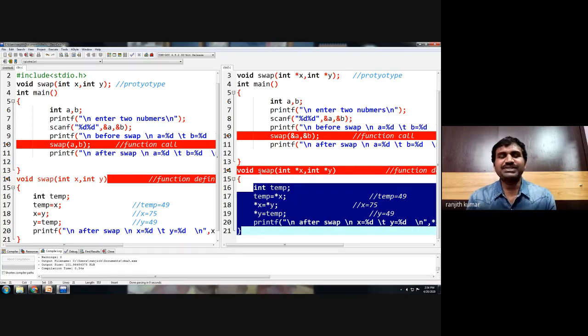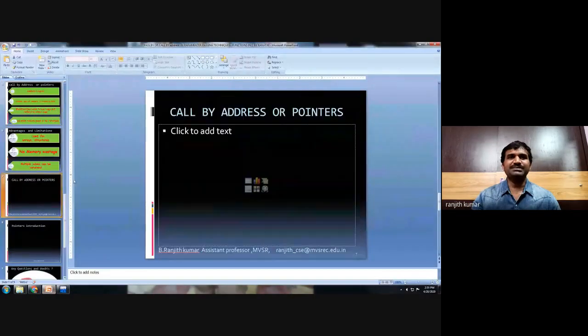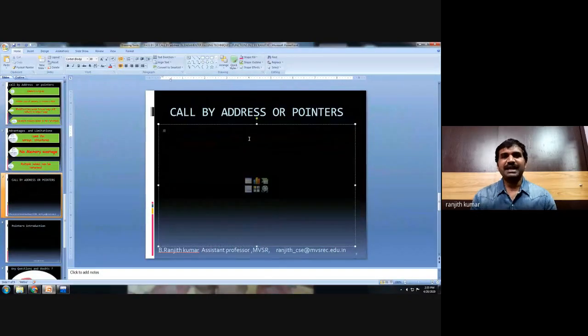So the advantage of call by address is multiple values can be returned and there is no memory wastage. But in this small program, there is not much difference between the memory saving and solution. Whereas this technique is more suitable to passing arrays, passing structure. Before going to how to pass array as a parameter and how to pass structure as a parameter, let's go back and discuss what is this basically about call by address and also demonstrate what is a pointer.